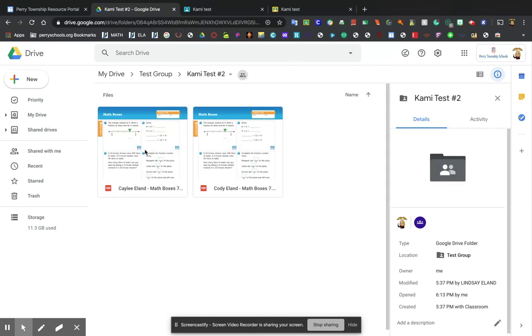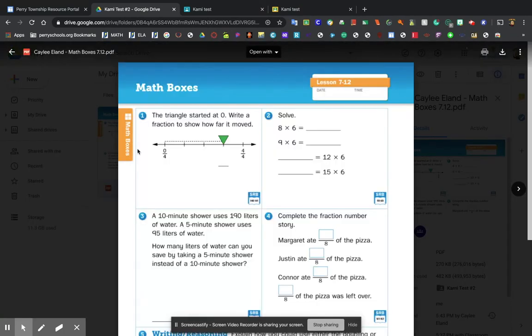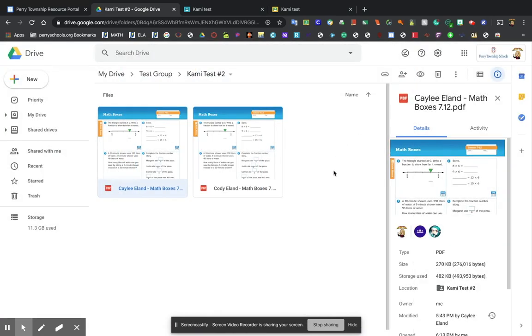And again, I can open up where they did the work. So on Kaylee's, it'll show that she named this fraction right here 3/4. She solved these multiplication problems and put in the answer here. So there's two ways that you can view your students' work. I hope that